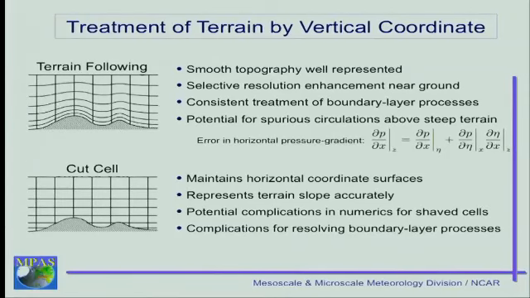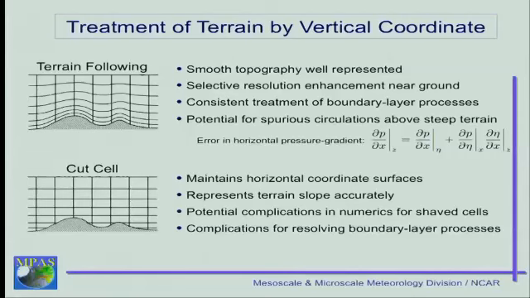This has the benefit of being able to well represent smooth topography. It also makes it very easy to have selective higher resolution near the surface for representing boundary layer processes, things of this nature. The big drawback of the terrain following coordinate is the potential for